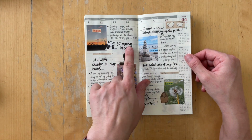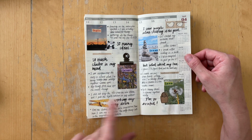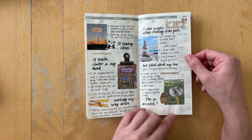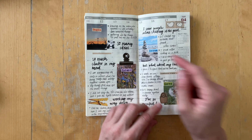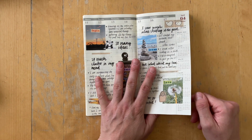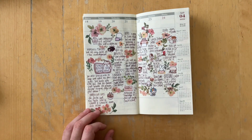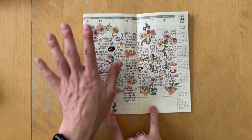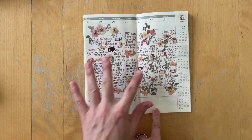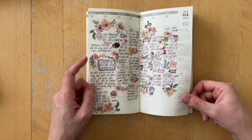I used a broader brush pen here and then a finer pen. Some tiny embellishments, but not very much. A lot of this printable is used here. Really like how this spread looks. This is probably one of my more favorite ones. And then I received Happy Mail from a friend again. This is an MU rub-on sheet, and I went to town and I almost used it all up, but that's